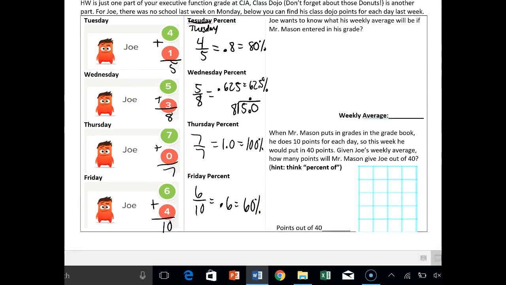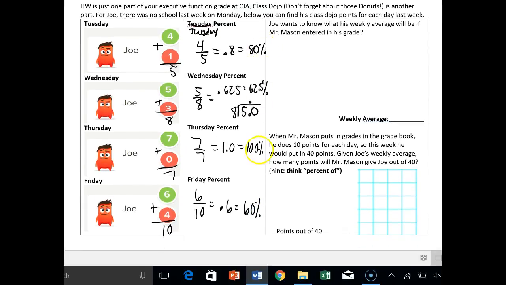All right. So his weekly average would be found by adding these up and dividing by how many? It would be 1, 2, 3, 4 days, right? So I want to add 80% plus 62.5% plus 100% plus 60%. When I add that all up, it's going to give me 302.5. So now to find my average, I'll take how many days did I have? 1, 2, 3, so 4 different values, and I'll divide it into my total of